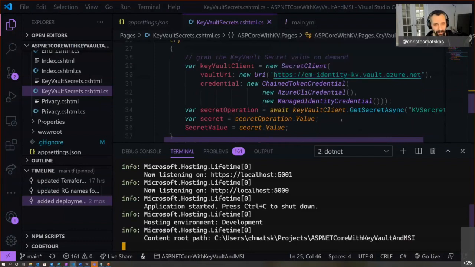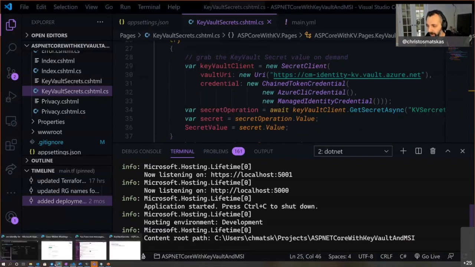Now, what happens when I publish this to Azure? Like, how is this running on Azure? Because we said this is local, which is brilliant. Now I want to see how that manifests itself on Azure, because on Azure I don't have Azure CLI running in my service. Well, I could have a VM running Azure CLI, so that's a lie. Okay, let's see what happens when we go into Azure.